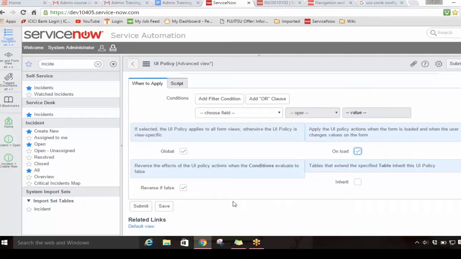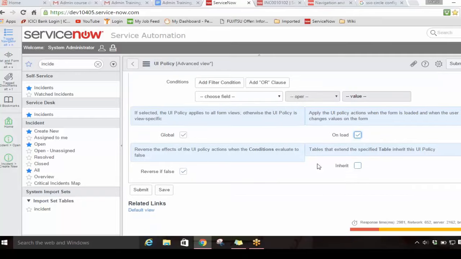Now there is an option called reverse if false. Let me tell you what reverse if false is. And table that extends the specific table inherits the UI policy. See, there is an important checkbox called inherit. What I told you initially when we were talking about inheritance and extending tables, the structure and the rules that are written for the parent table are applicable for the child table as well. So we have an option. If you read this, it says tables that extend the specified table inherit this UI policy. That means suppose I've written any UI policy on the task table, and